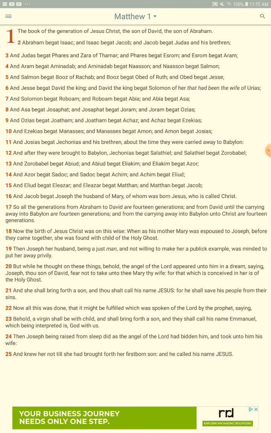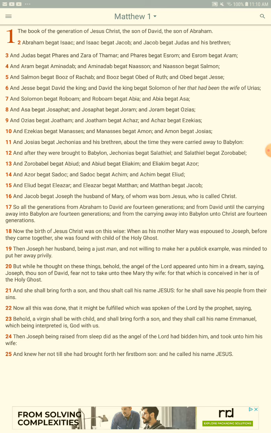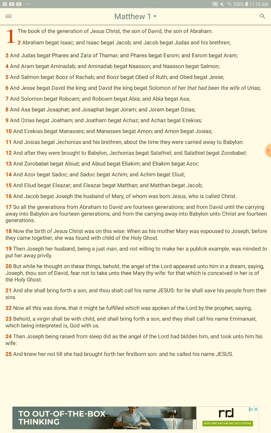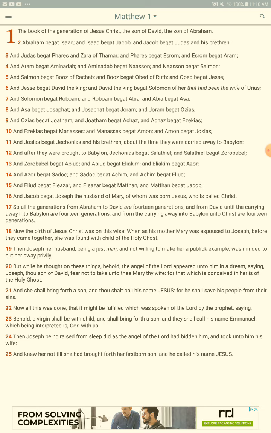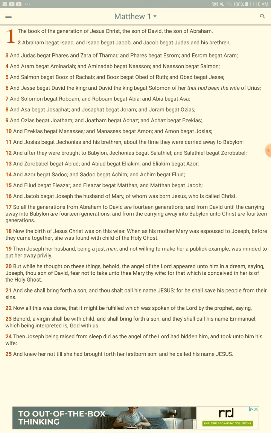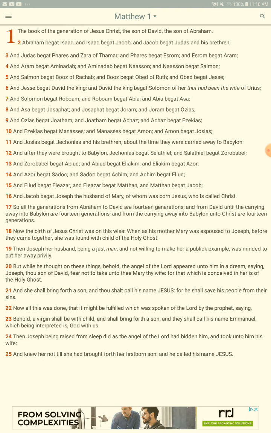Then it tells us in the 17th verse: all the generations from Abraham to David are 14 generations, from David until the carrying away into Babylon are 14 generations, and from the carrying away into Babylon until Yahweh Shah are 14 generations. So there are 14 generations between each. Now, before I read further, we're going to do